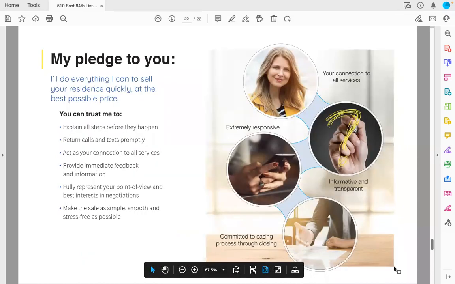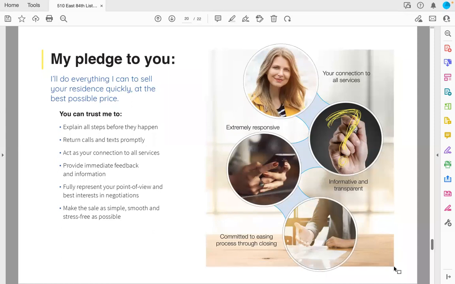And again, as your agent, I'm here to help you through the entire process. Whenever I work with someone, I always come up with a schedule for us to talk. For some people, we're going to do a once a week check-in. For some people, it's every day. Whatever you want from me, I'm here for you. I'm here to connect you to all services, including a real estate attorney, including any types of financial planners that you might need because you're selling here in New York City, to connect you to those services,